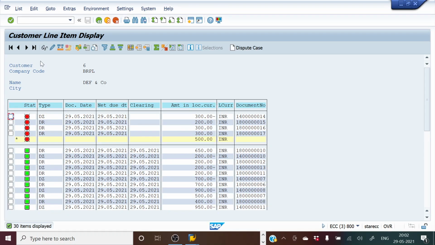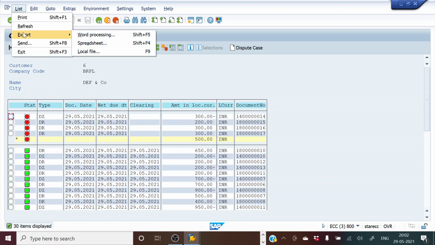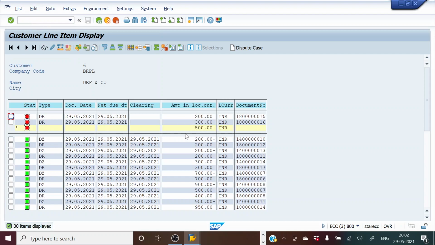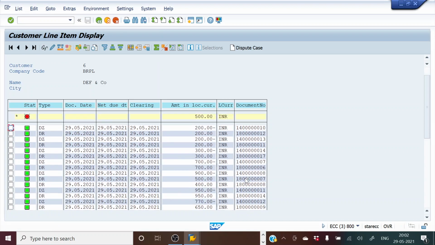So if I go back here, I'll see that this 300 payment entry and the 300 with the document number 17 will go off from the open item to the cleared item. It has gone off, and if I go back and see, this 300 is the DZ, and this 200 is the DR. So this has gone out.